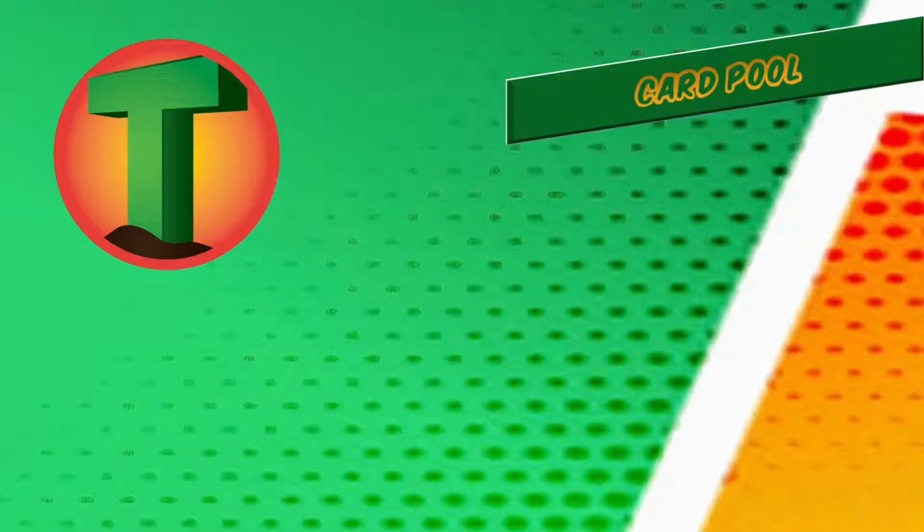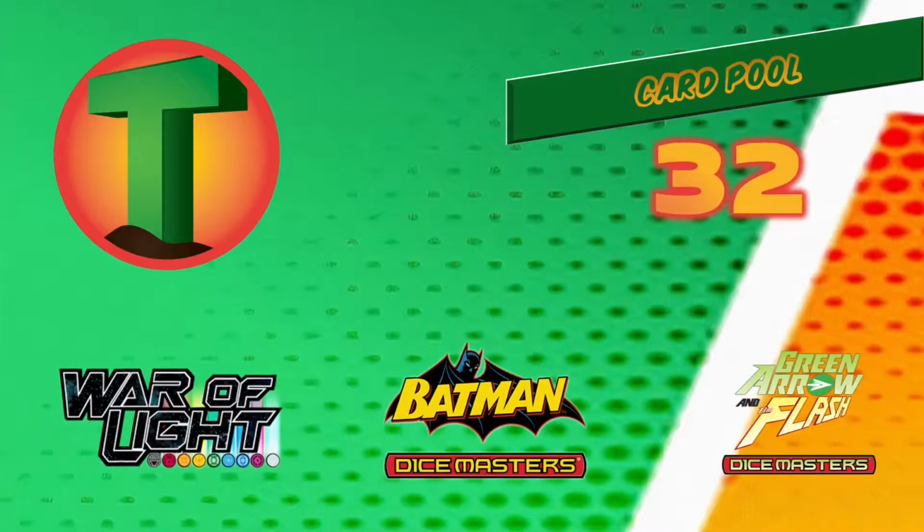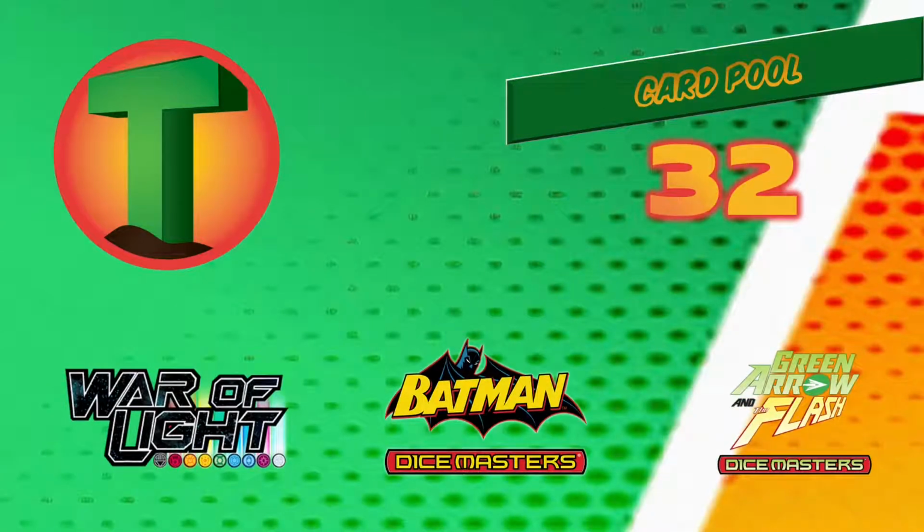So Teen Titans is definitely one of the smaller affiliations in the game of Dice Masters. It has just 32 cards in the card pool available to it. These cards came from 3 Dice Masters sets historically: War of Light, Batman, and Green Arrow and the Flash. That's at time of recording, which is late 2020. Fingers crossed maybe the Superman Kryptonite Crisis set in 2021 brings a few more cards to build its ranks up,